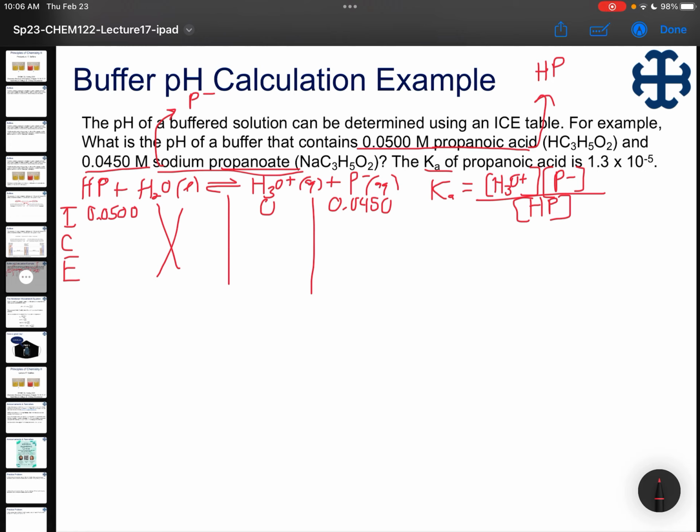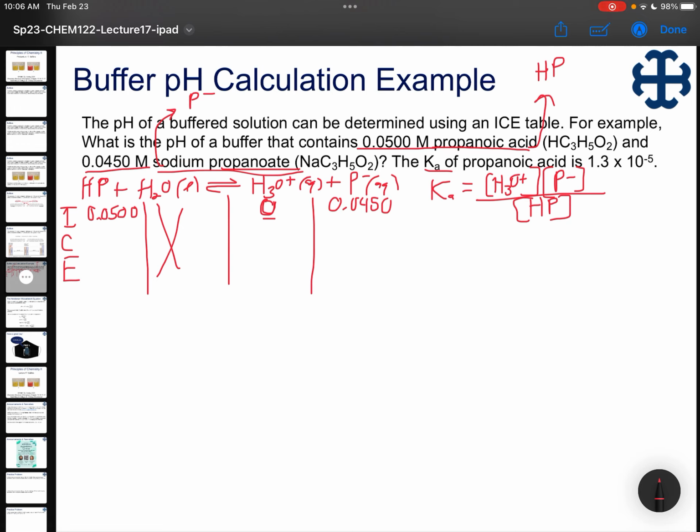Draw my lines in here so it's a little more clear. At this point, we have both reactants and products present. So we could solve for Q and determine which way our reaction will go. Another thing we could do is realize that one of our products, H3O plus, has a concentration of 0, and